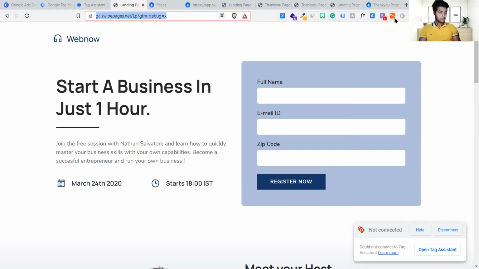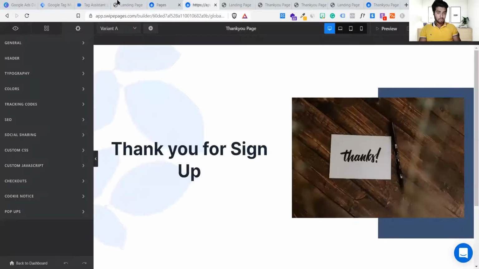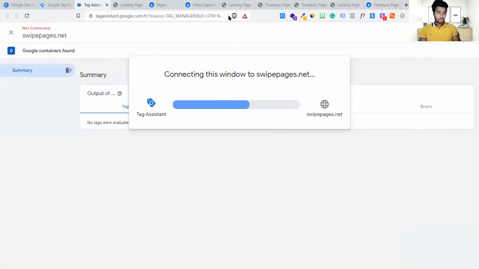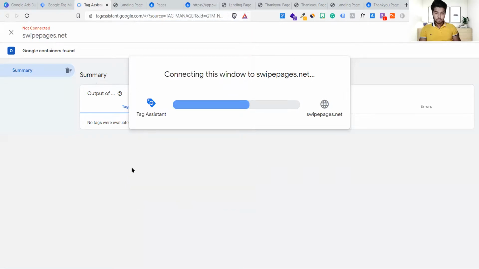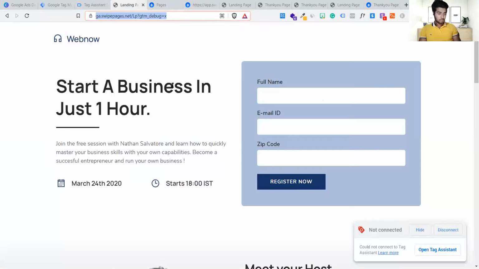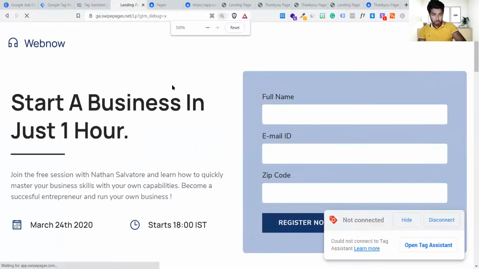We must be having some JavaScript problem, I guess. Maybe some ad blocker might. Yeah, I'm just checking it up. Where is that? There must be some problem inside that, not connected, it's showing. Because I'm using a lot of JavaScript, that's why it is sometimes getting problem to debug all this.